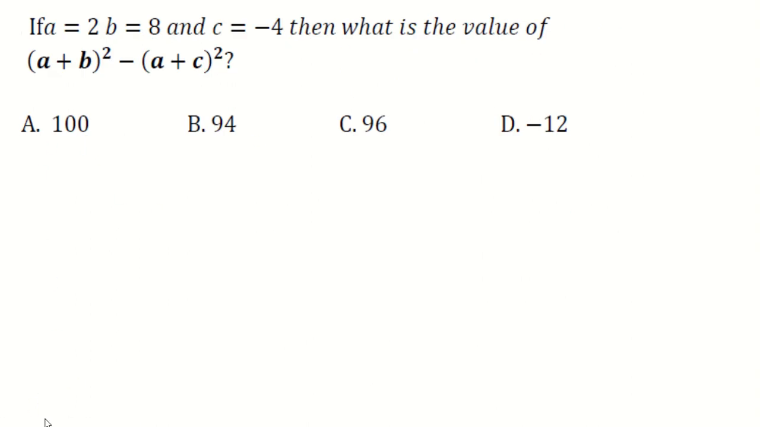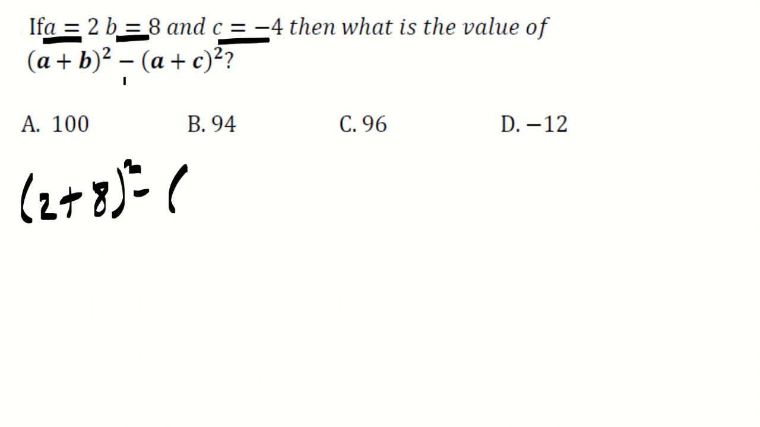Next question. Here it says A equal to 2, B equal to 8, and C is equal to negative 4. So what is the value of (A plus B) the whole square minus (A plus C) the whole square? Just one substitution directly. What's A? 2 plus. What about B? Just 8, square, minus. What's A again? 2 plus, and the C negative 4